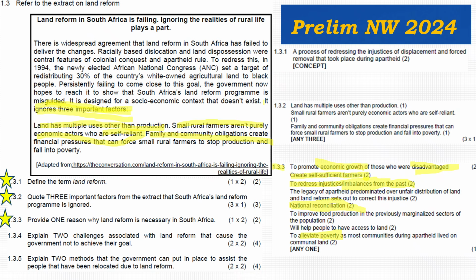Why is land reform so important? Why is it important to ensure equitable distribution and access to land? To promote economic growth, to redress injustices of the past, for national reconciliation so we can forgive one another, and so we can have a stable country. Okay. 1.1.4 says